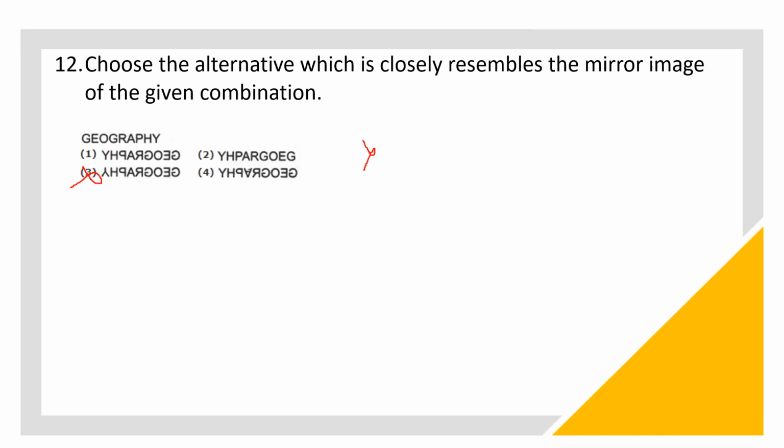So the mirror image of P. The mirror image of P you will get like this. But in the second option P is same as the original image. So this is wrong. Then check 1 and 4. The mirror image of P you will get same. The mirror image of A is identical. But in the fourth option A is changed. So this is wrong. So the correct answer is 1. Like this you will check the mirror images of alphabets. Next option.